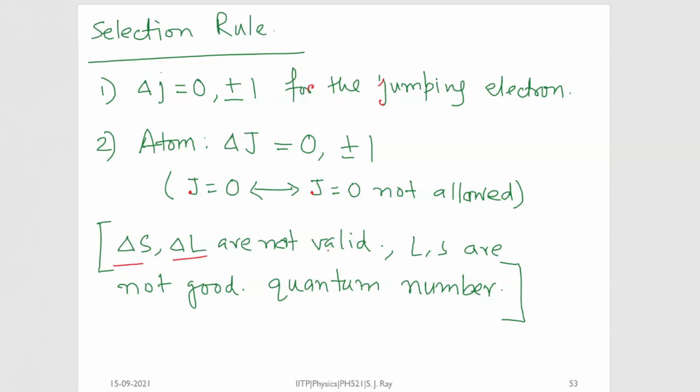Other than that, you can also remember that in terms of the strength of interaction, I explained that spin orbit interaction will be the highest one, then residual electrostatic interaction and spin spin correlation will follow. So if the spin orbit interaction is already present, that means it will be the strongest one. That means we don't need to take into account the interaction between individual L and S in such a case.